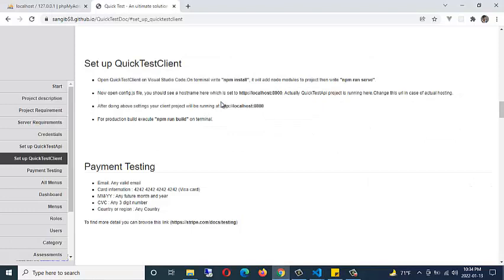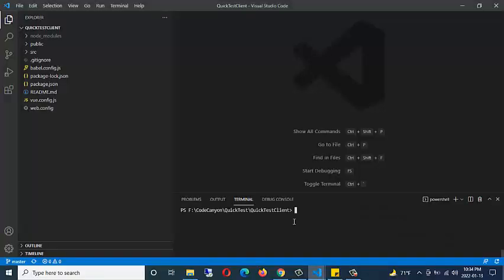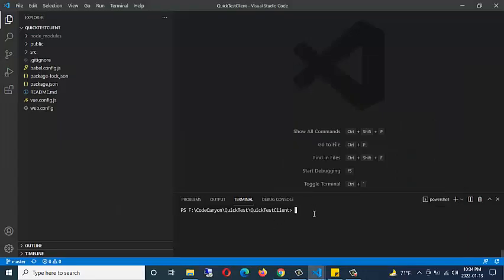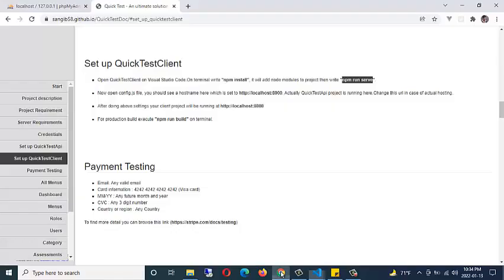So you can see first we have to write npm install. By executing it, the node module folder will be added. So I have done it already, so I like to skip it. And the next one you have to do npm run serve. So after executing this line, your project will be run, and this will be run at the localhost